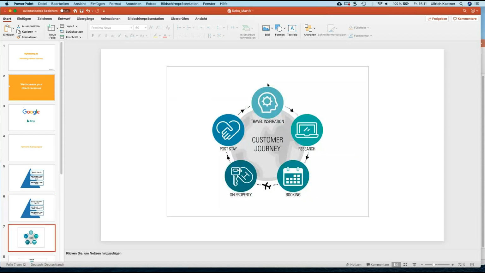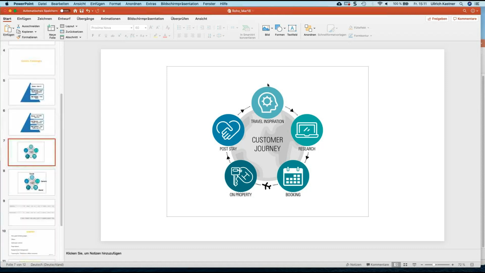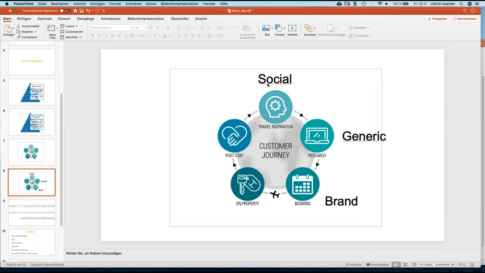If you remember, and I'm pretty sure you've seen this before, there is a customer journey. On the customer journey, you start with travel inspiration, you go into research, you do the booking, then you arrive, and then you leave. And again, this is potentially fairly one-dimensional. Of course, the customer journey is far more complex, because people jump back and forth and use hundreds of platforms. But put very simply, all the online marketing gurus that write fantastic blogs might prove me wrong, but in a nutshell, it comes down to this: travel inspiration